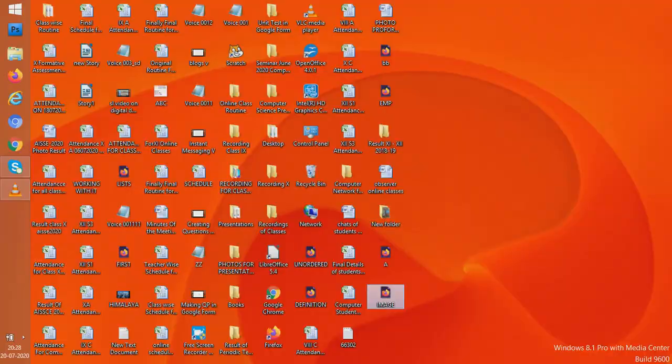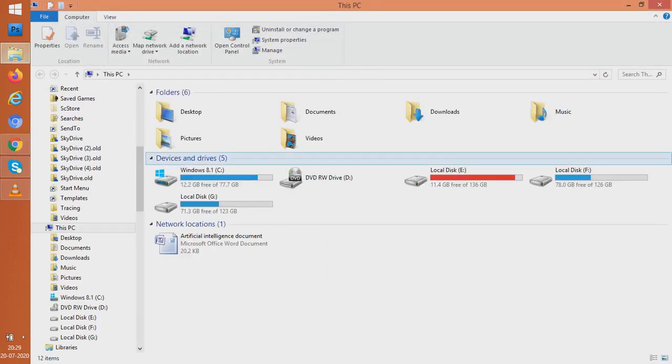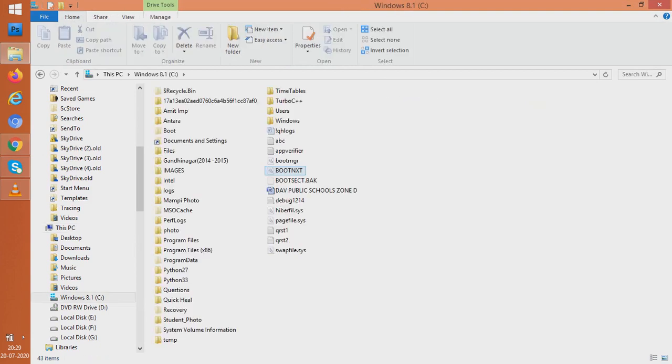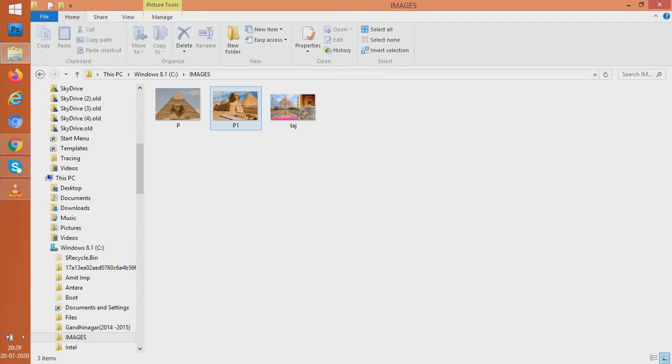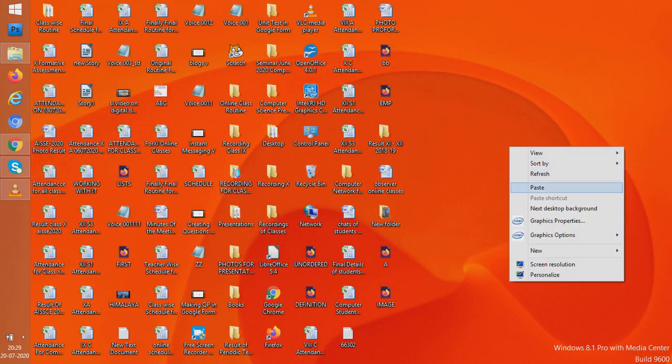Go to Google Chrome and now see, nothing is written because the image successfully came. But if the image would not come somehow, let us go and delete p1.jpg. So I went into the images folder. Don't actually delete it because it will help us, but cut it from here and paste it on the desktop.